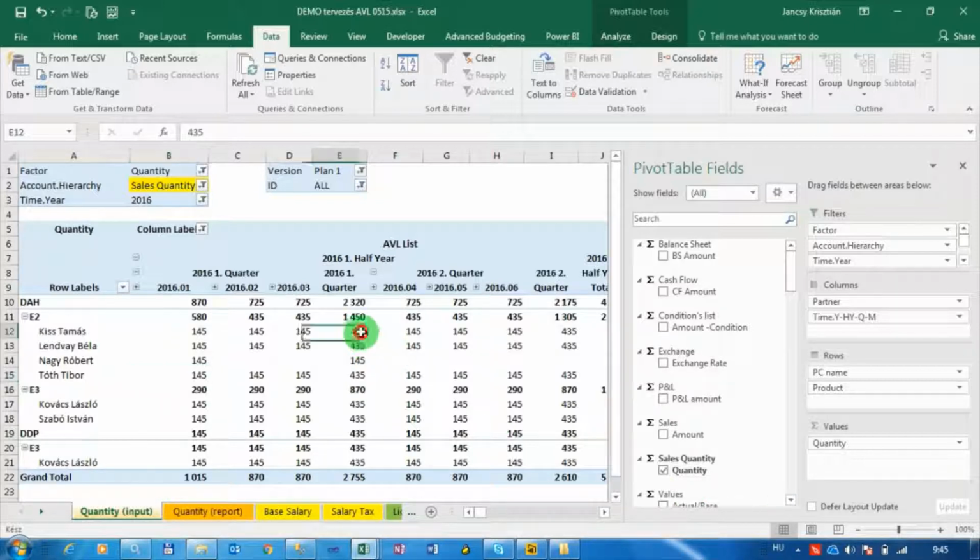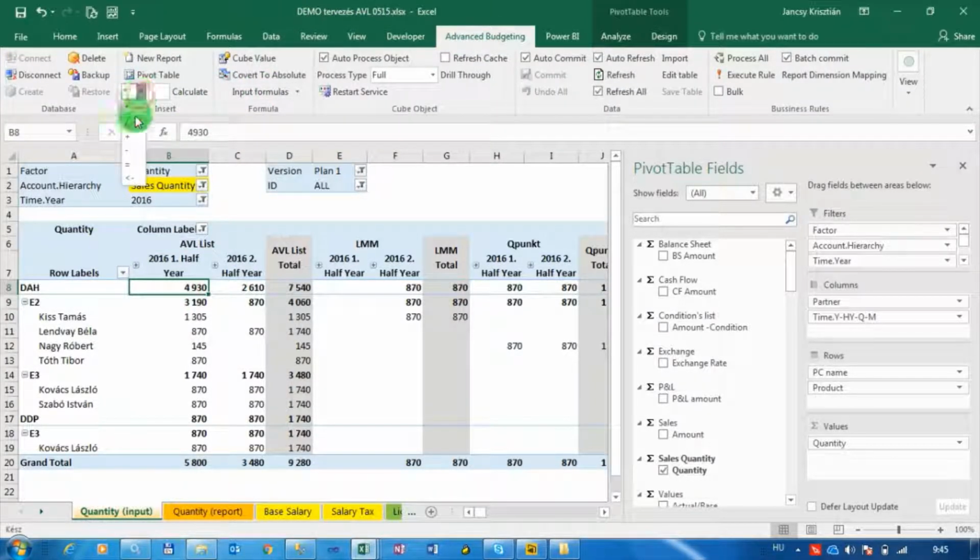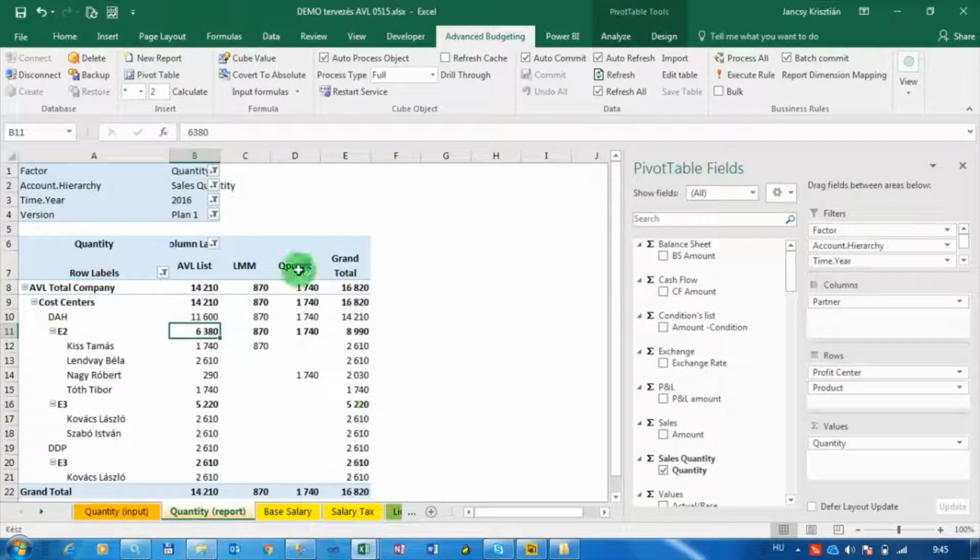If we decide to modify the sold hours at the level of quarter, then all of the monthly data will be modified automatically, or we can choose a calculation function at advanced budgeting, for example, multiplying by 2. In this case, all the half-year data will be multiplied. Here you can see a summary report of your sold hours